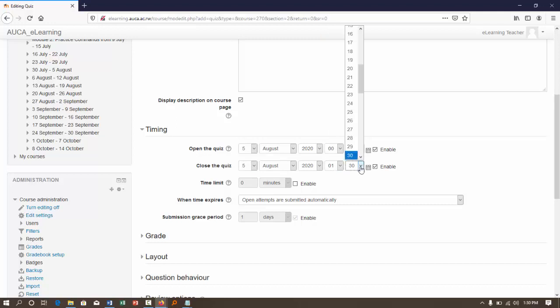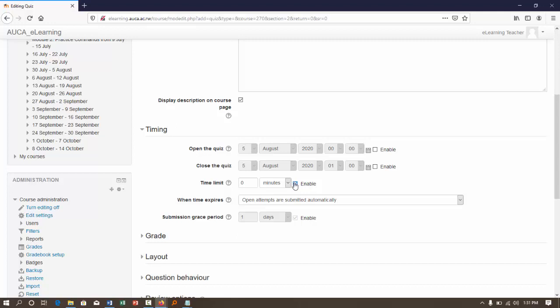So what do I mean here? Here you can see that the quiz will be opened on 5th at 0 AM, and the quiz will be closed on 5th at 1 AM. So this means the quiz is available for 1 hour, but the availability of the quiz is different to